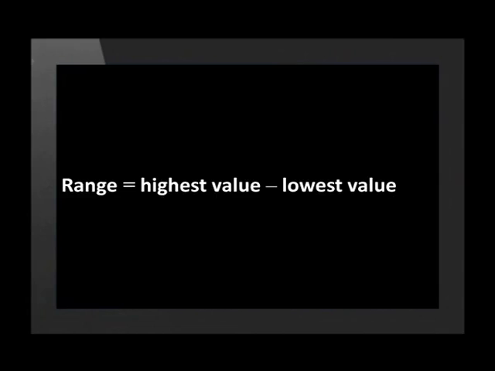The range is one of the measures of dispersion and is equal to the highest value minus the lowest value. A small range shows that our values are grouped closely together. A large range shows that the values are spread far apart. The problem with range is that it doesn't tell us much about what is happening with the data in the